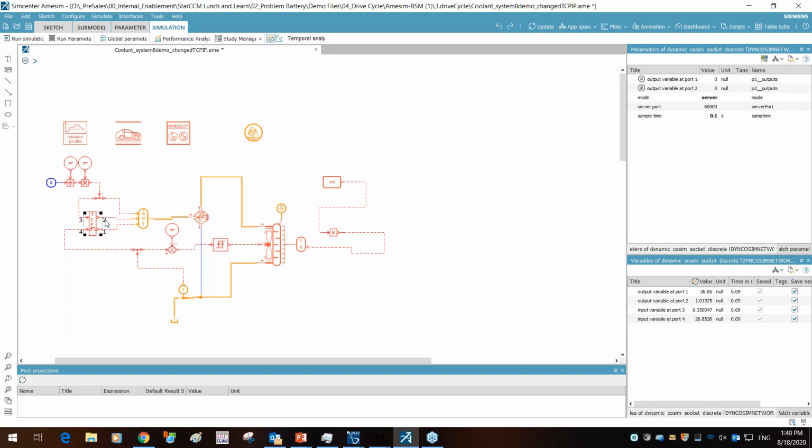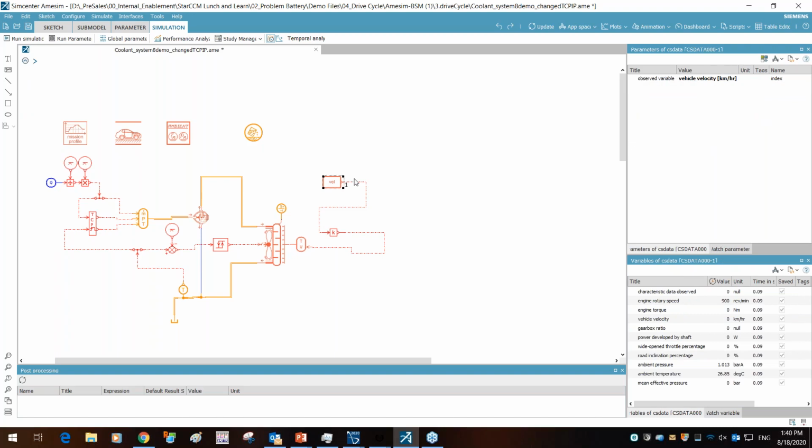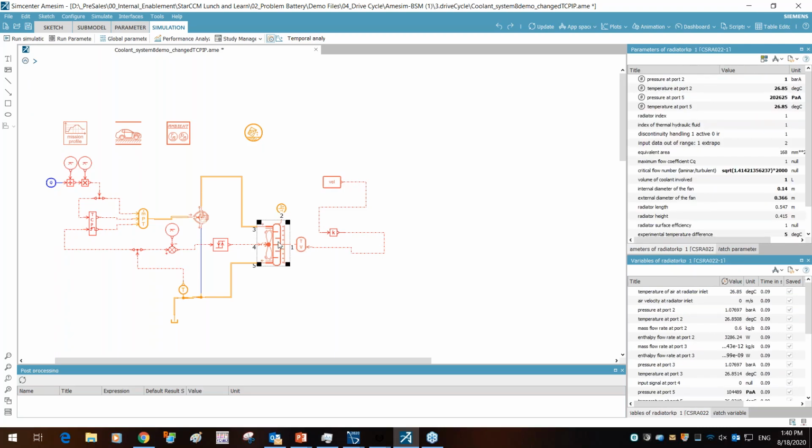Port number 2 is where you export the pressure. Port numbers 3 and 4 are where you have the inlet mass flow rate and the temperature that comes from the system. So you have a velocity profile of the given car that's fed into this radiator. Based on that, the cooling temperature and the mass flow rate from the radiator is fed into the battery cooling system.